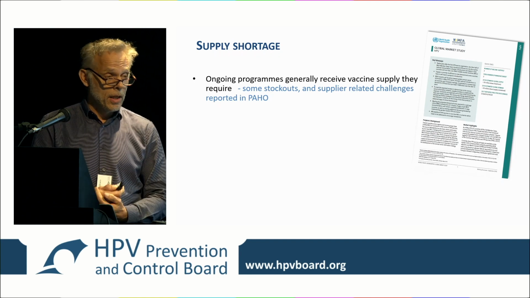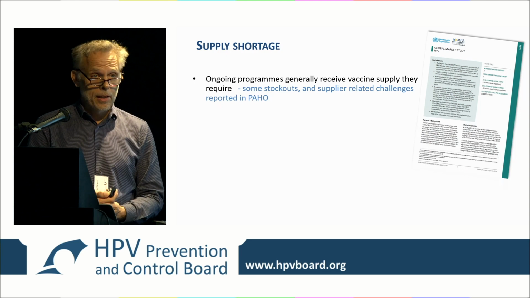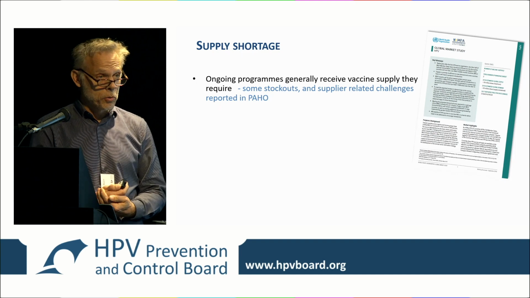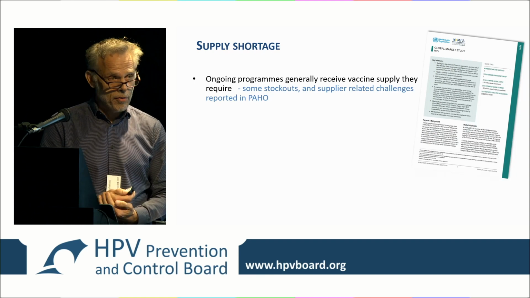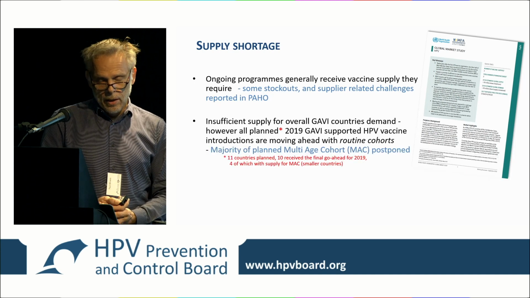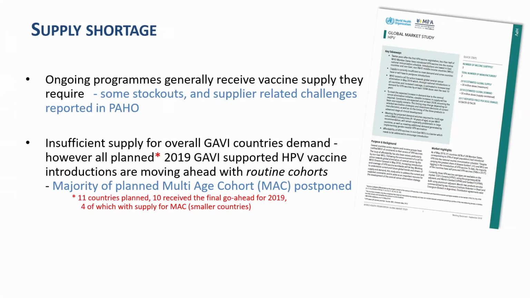So in some parts, they have to say temporarily we may focus on the girls. We had that in South Africa, and they may have to suspend one group for 1 year, and then hopefully they get a vaccine after. So some programs are affected, but in general, most programs are advancing the way they are. In the Gavi countries, that's where things got most noticeable. Gavi wanted to introduce in about 20 countries and had to tell these countries, you have to introduce maybe a year later, because the first year we don't get it, the second year, yes.